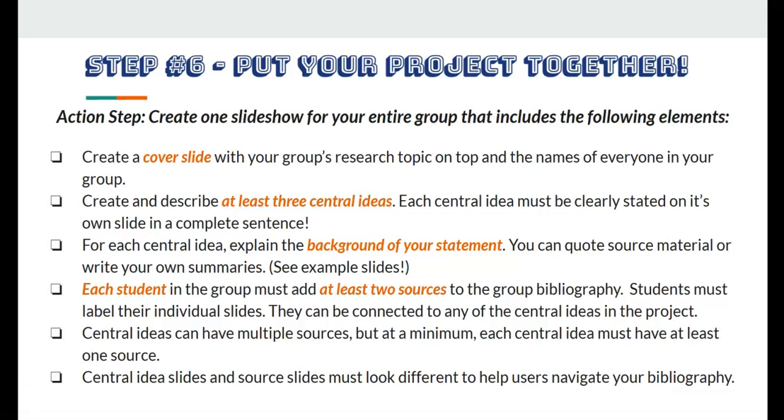Number 1, you need to have a cover slide for your entire group project that should have the names of everybody in your group as well as your research topic. Number 2, you need to have at least 3 central ideas in your project. Most groups have 4 or 5, but I want to make sure that we have at least 3 to help anchor our project. Remember that for each of those central ideas, you need to have background information. We did this drafting in our digital notebooks last week, so it's just a matter of putting it all together